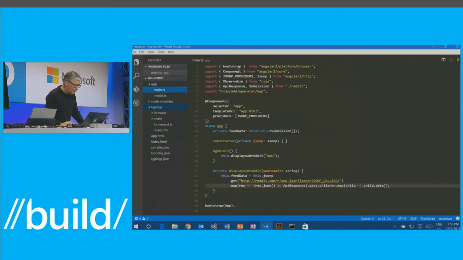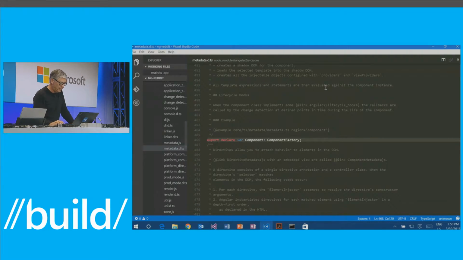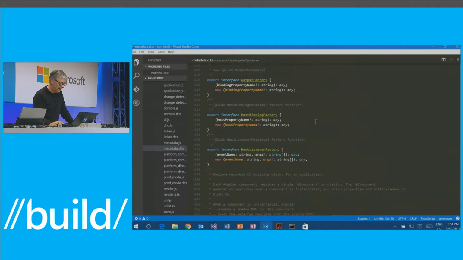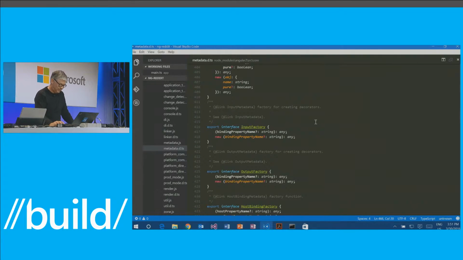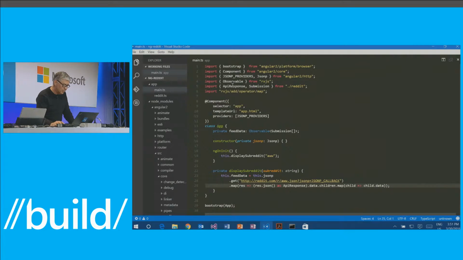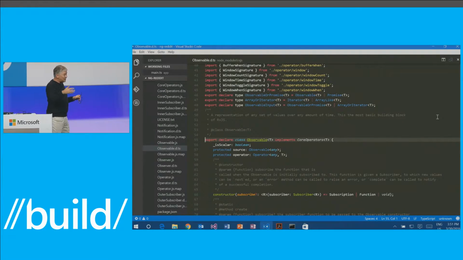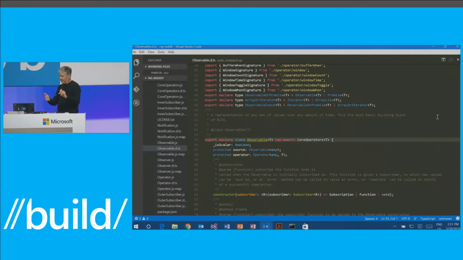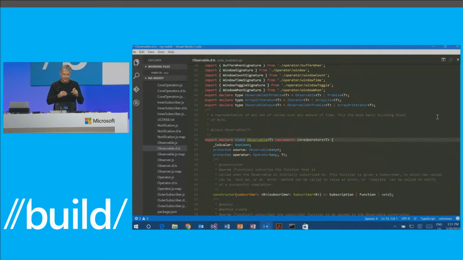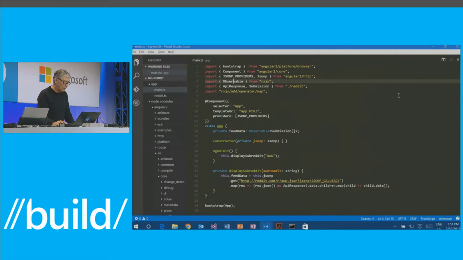OK, now in this project here, we can, of course, navigate around. I can go to definition on component, and you see it jumps into the declaration file in here. And this is all of the type declarations for Angular. I can, say, go to the declaration for observable, and then I jump into the RxJS node package. So you can see this is a large project with a lot of files, and you get an experience that is very similar to what you're used to with, say, C# or Java in a grown-up development setting.